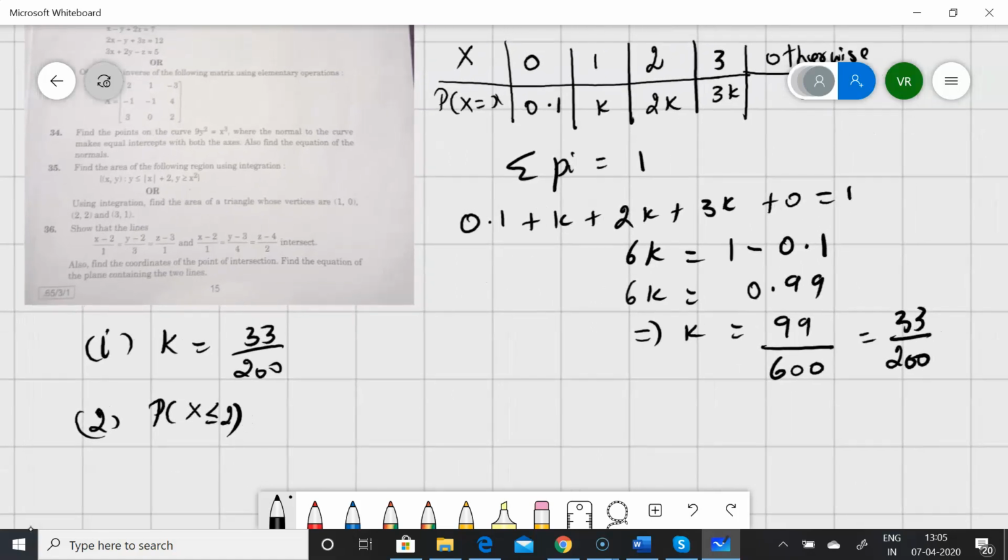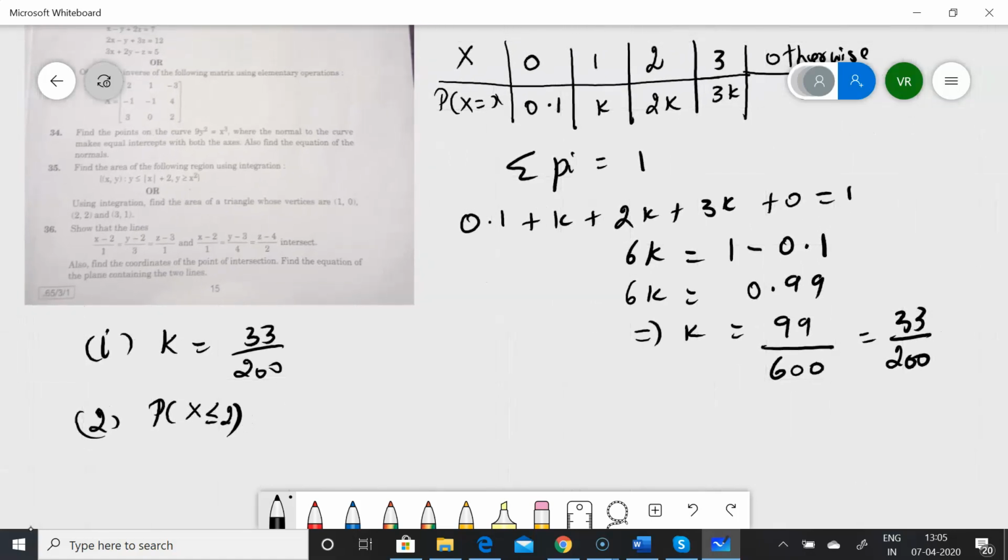So P of x lesser than or equal to 2 is 0, 1 and 2, which is equal to P of x is equal to 0 plus P of x is equal to 1 plus P of x is equal to 2, which is nothing but